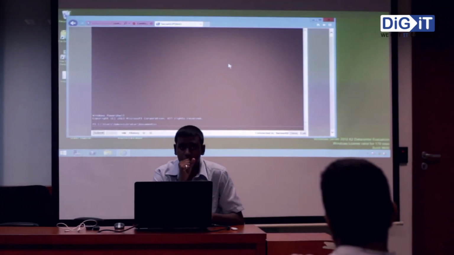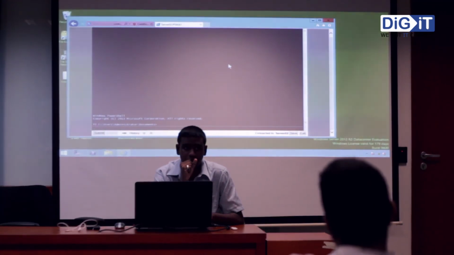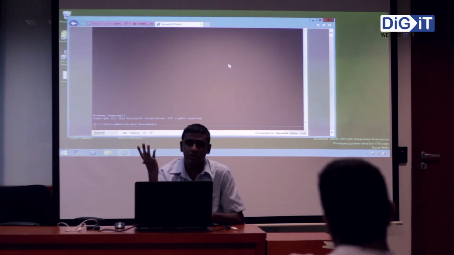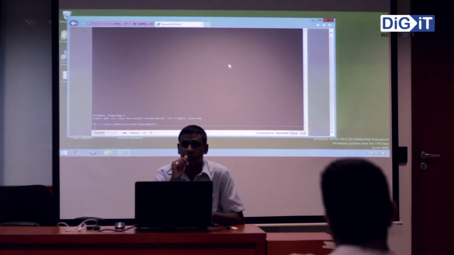I'm getting a remote PowerShell here on a web browser. You know the power of this: your support guys say, hey, we are running into a problem, can you look into this? You can't say no if you already have a mobile device with internet and PSWA configured. You can just open up your mobile or tablet, go to a web browser, and from there you can manage. You can even restart, shut down any servers, do the updates, anything.